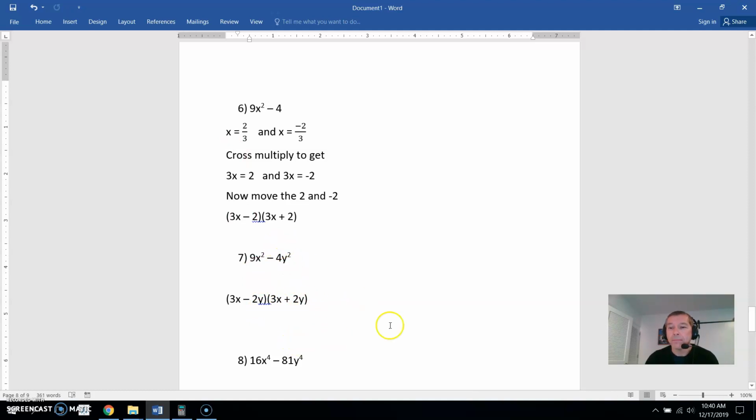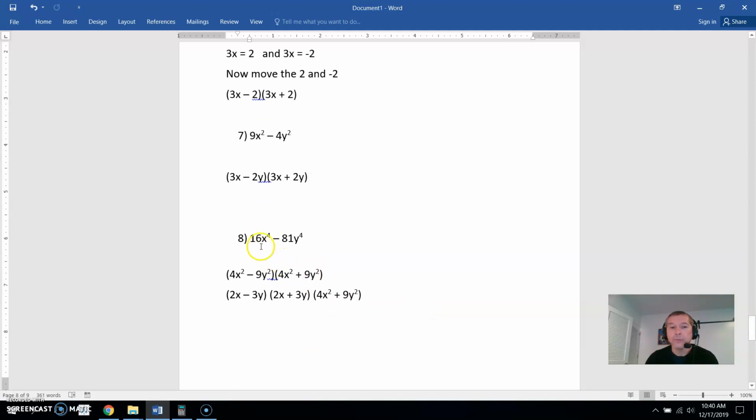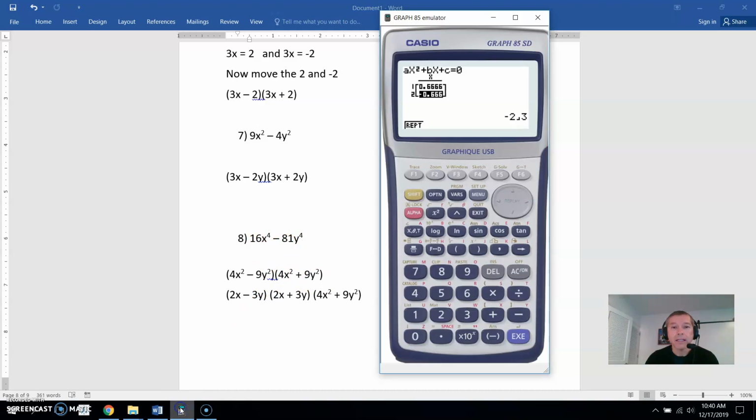Let's go down to problem 8, and I'll show you how this one works. So we will use the same area here. I know this is a 4th degree equation, but if I go back to where I have degrees to choose from, there's only 2 choices, 2 or 3. But this one is 4, and it can actually do it under the 2 area, and I'll show you how this works. So we put in the 16,